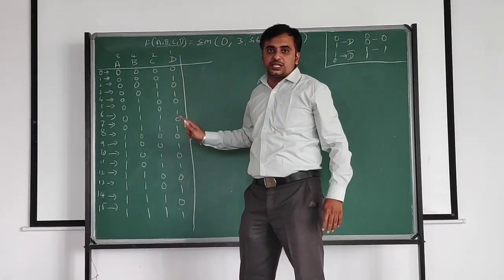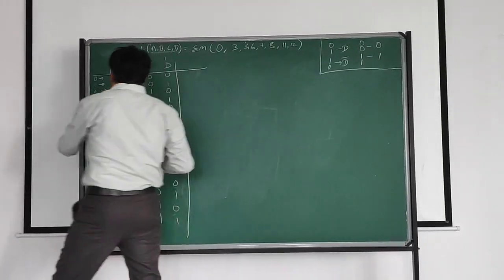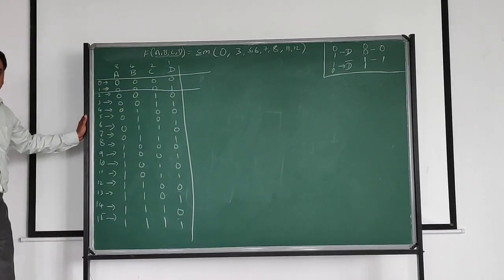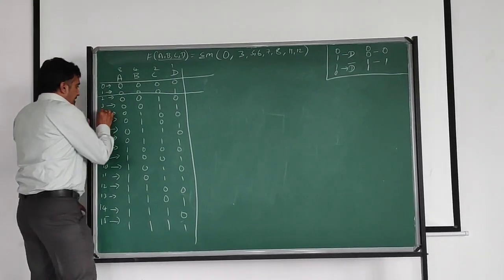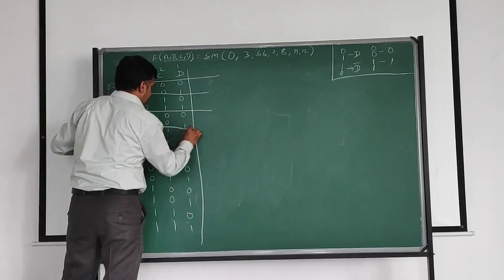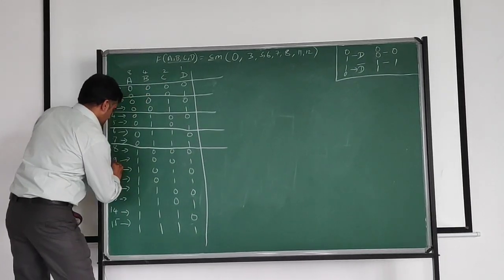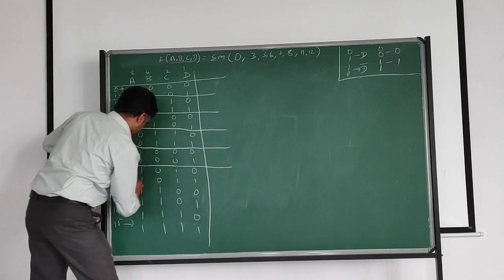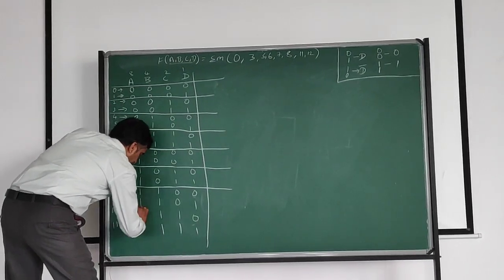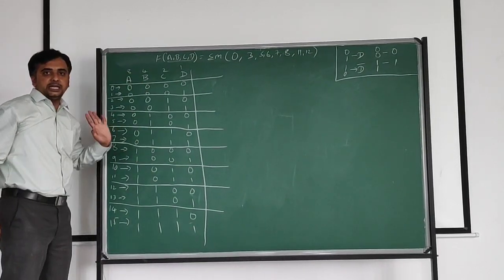It indicates a 16:1 multiplexer. Now we have to reduce it to an 8:1 multiplexer. Take two inputs together and consider them as a single input. I think all of you are understanding. Now we have reduced it to an 8:1 multiplexer.